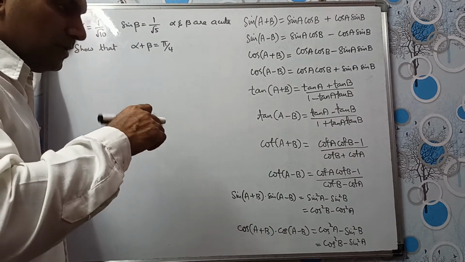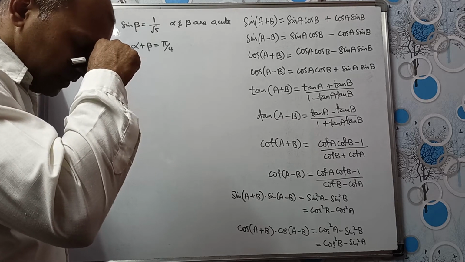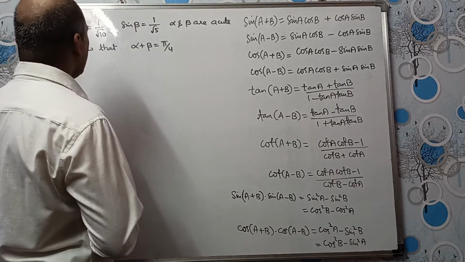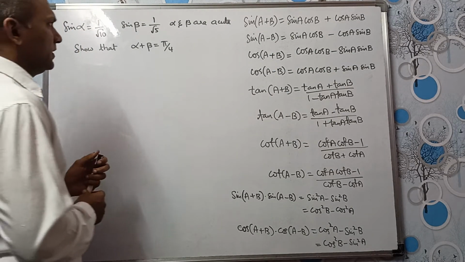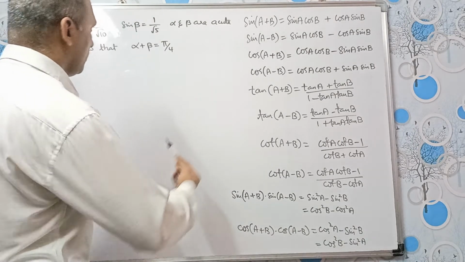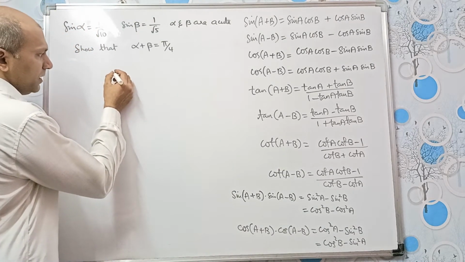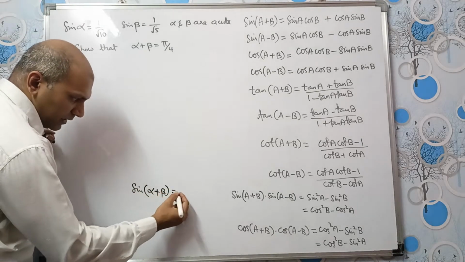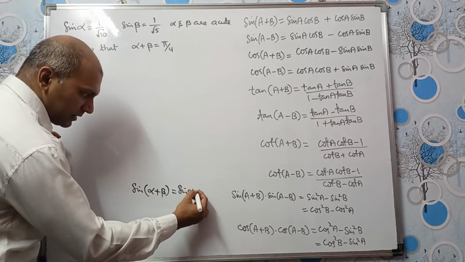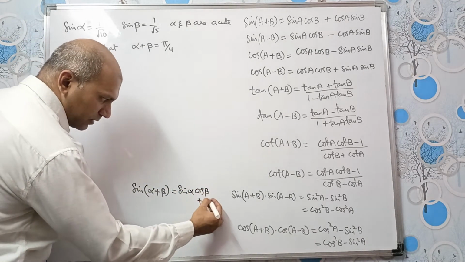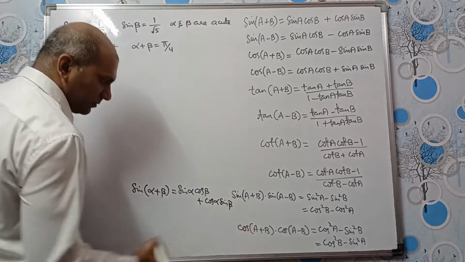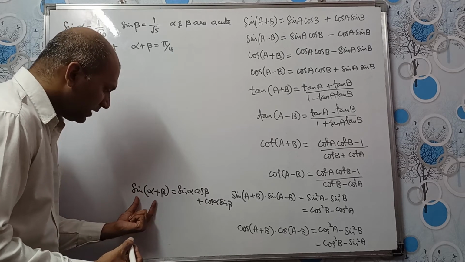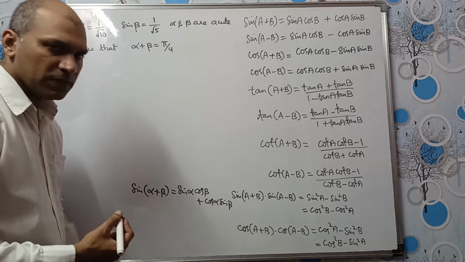Whichever method you understood, and if you find easy, you do that method. Okay. All right. Sin alpha is 1 by root 10. Sin beta is 1 by root 5, and we need to find alpha plus beta. Okay. So see, one method of solving this is, we can find sin alpha plus beta. What is sin alpha plus beta? It is sin alpha cos beta plus cos alpha sin beta. Okay, if you can find this, and whatever value we are getting, compare that with sin alpha plus beta, we'll get the angle alpha plus beta.